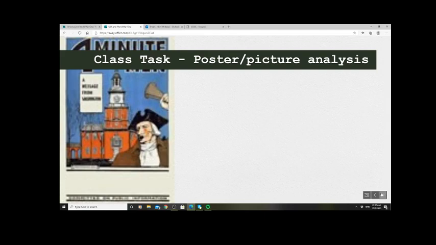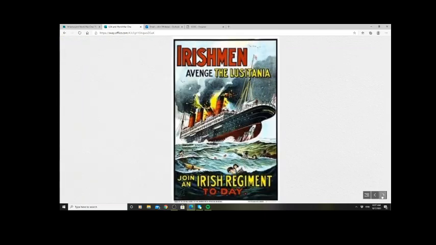And some of the posters that I'm now going to show you are examples of American propaganda that I say will be mirrored in future conflicts. Now, some of them are not overly dramatic, right? This one makes sense. This is the Irishman, so this is the hyphenated 4 million Irishmen or Irish people avenge the Lusitania. So we'll go and join an Irish regiment of the American military and avenge the